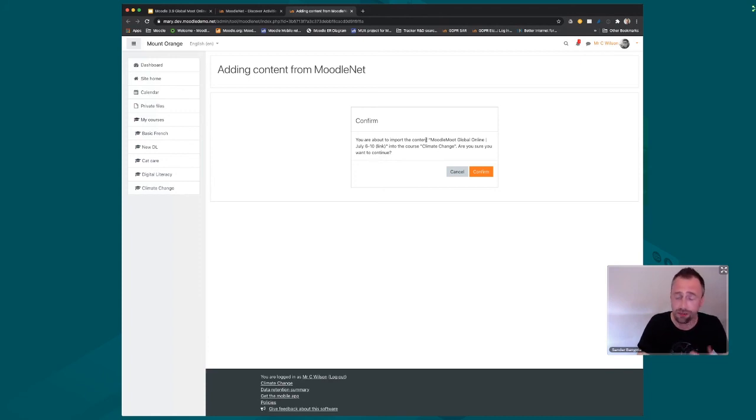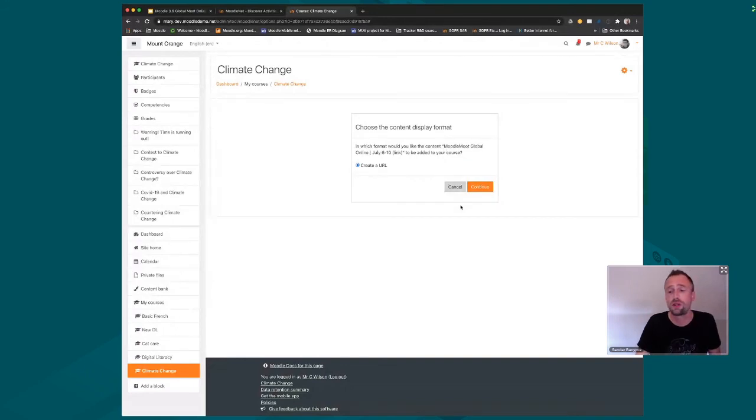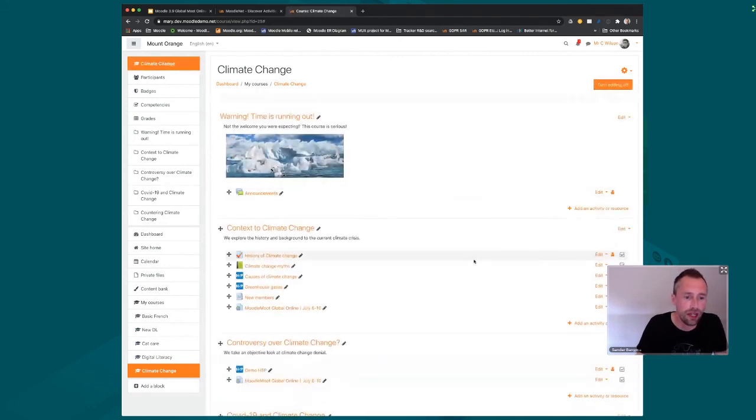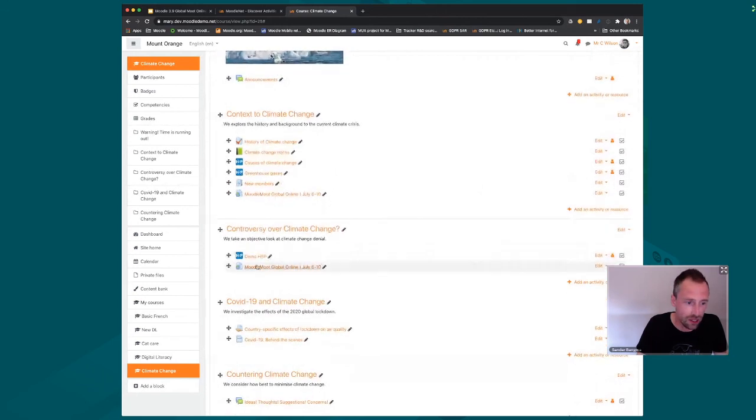And it's just giving me a little notice here to let me know that, hey, you're about to import something from MoodleNet into your course. Just to let you know this is happening and make sure that this is your action. So you can confirm that. And then you've got an option of how you want to display the content that you're importing. Now, we try and be clever. In this case, it's a URL, a link to a website. So we've already noticed that, and we've sort of pre-selected that we want to create a URL resource. So we click on that, we continue, and then we're back onto our course page where we started from. And we can see here underneath the H5P demo, we now have the URL resource imported from MoodleNet. So this is how the process works and how the interaction and the link between